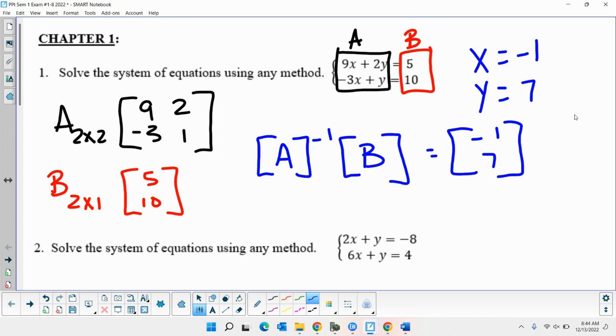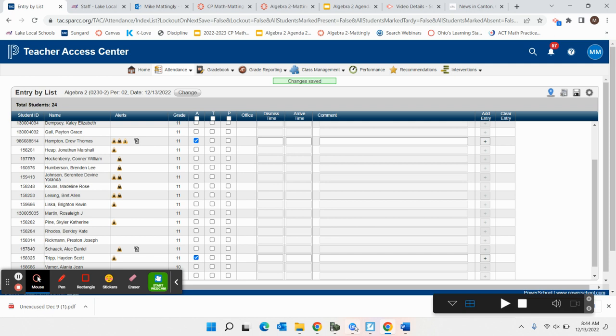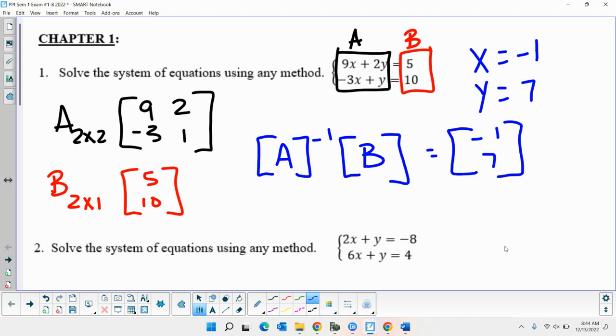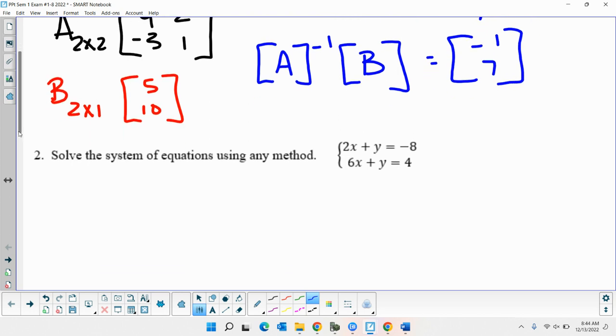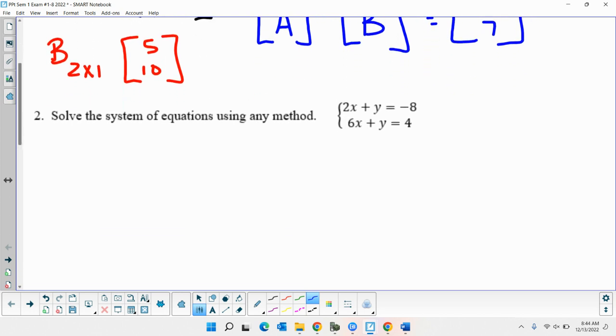Okay. So that's probably going to be the easiest way for you to do that. All right. So go ahead and do 2 for practice real quick. And then I'll do it here in a minute and see what you get. Because some of you were doing different methods yesterday. And again, if you got it right, doing the method that you did yesterday, that's fine, because it said you